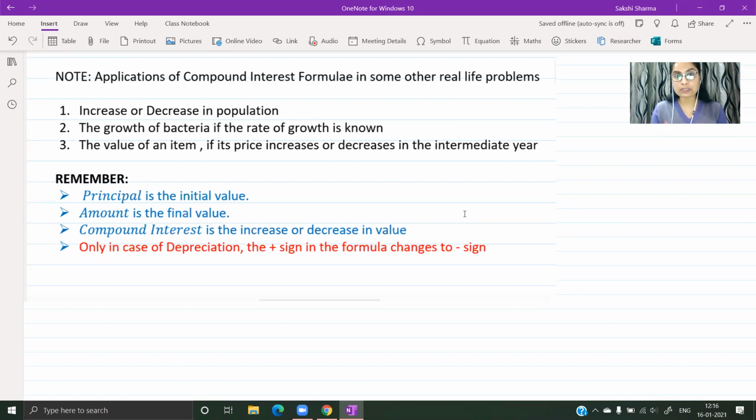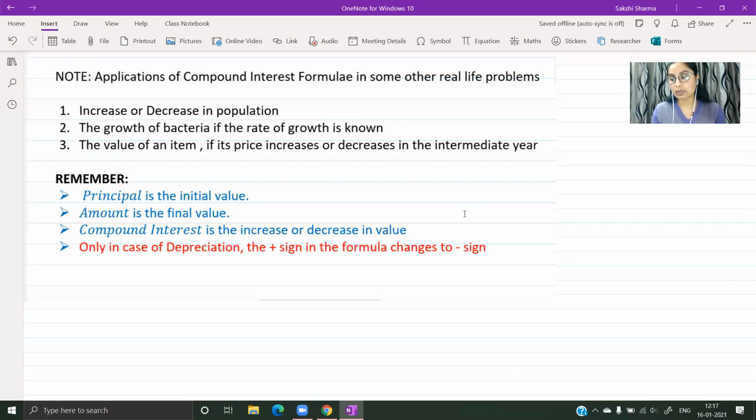The value of an item, if its price increases or decreases in the intermediate year. For example, जो हमारी durable goods होती हैं, especially vehicles, you buy those items, the moment they are out of the showroom, their value starts to decrease. And especially with usage, if you have used your car for a couple of years, its value will decrease. That's why you call it second hand. वो आपको reduced price पे मिलती है, कम price पे मिलती है. So maybe you buy a car for 14 lakhs and after a year you decide to sell it, its value will be decreased. So in order to find out the final value of that car, we can use the formula